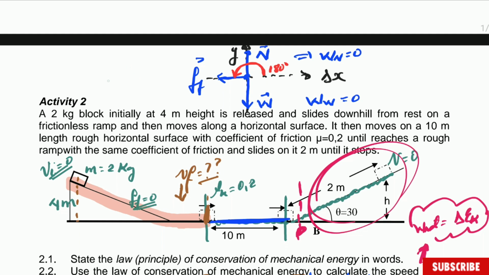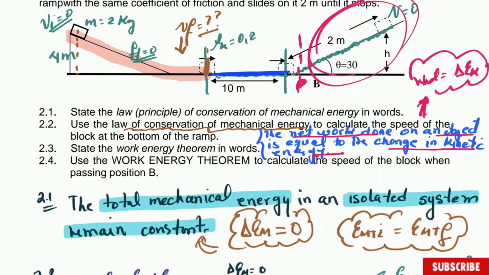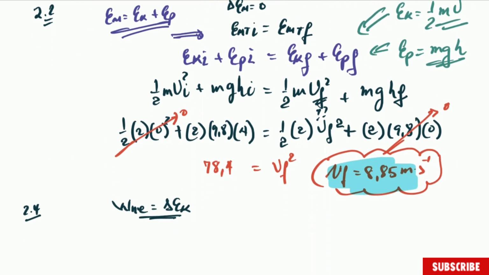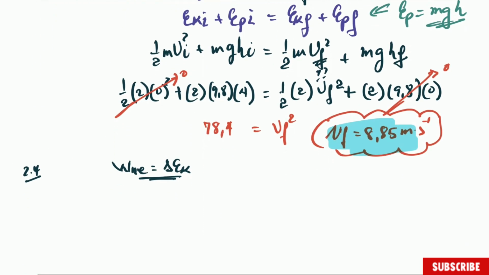So in other words, the work done by frictional force will be equal to frictional force multiplied by the displacement multiplied by the cosine of 180 degrees. This is how to calculate the work done by frictional force. It is not the first time we do something like this. So if we substitute the formulas on this side here,